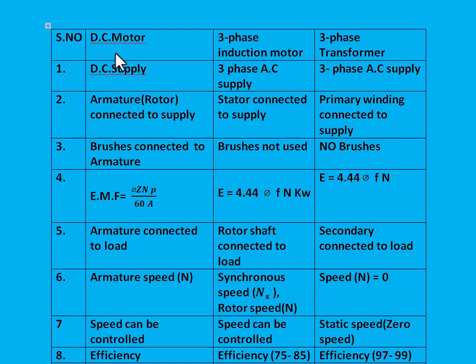For a DC motor, armature is present and it is connected to the supply, and it is equivalent to the rotor in the other machines. So in case of 3-phase induction motor, stator is connected to the AC supply. In case of 3-phase transformer, primary winding is connected to 3-phase AC supply,